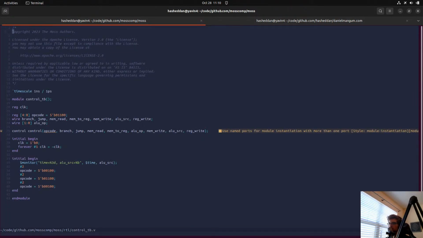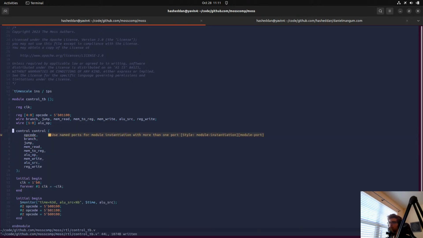So if we go in the control test bench where it wants us to correct some of these here, which I'll do in just a moment, then we, sorry. Oh yeah, it'll also auto format for us, which is really nice. That was actually the biggest thing because I kept having all sorts of formatting issues. So this is really nice.